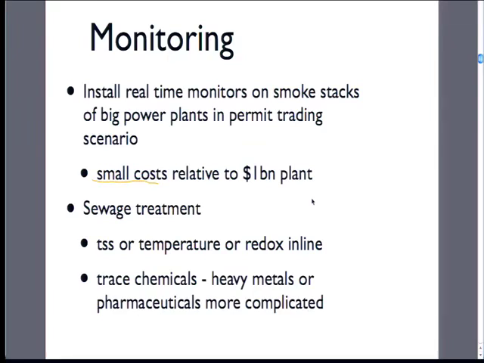If you have a sewage treatment plant, you're a municipality, you're releasing to the river, you're releasing to San Francisco Bay, we can have some inline monitors now. It used to be measurements hourly or sub-hourly, but now